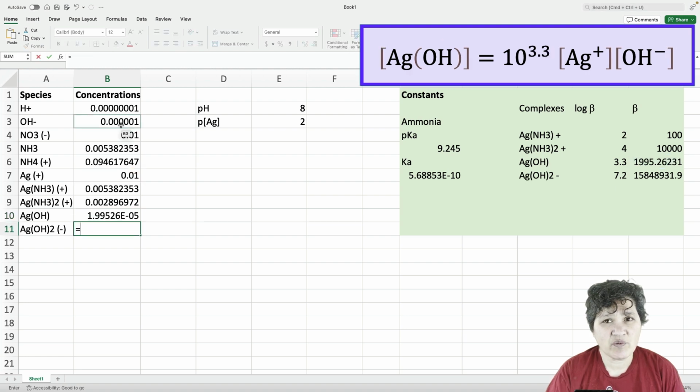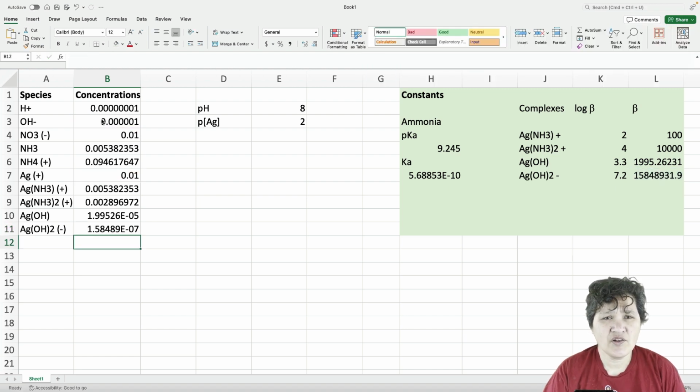And then this last one will equal the beta 2 value for hydroxide times free silver times hydroxide squared. So these are the concentrations that we would have at a pH of 8 and a pAg of 2. But are those the right concentrations? How can we tell? Well, when we were doing a system that only had weak acids and weak bases, we